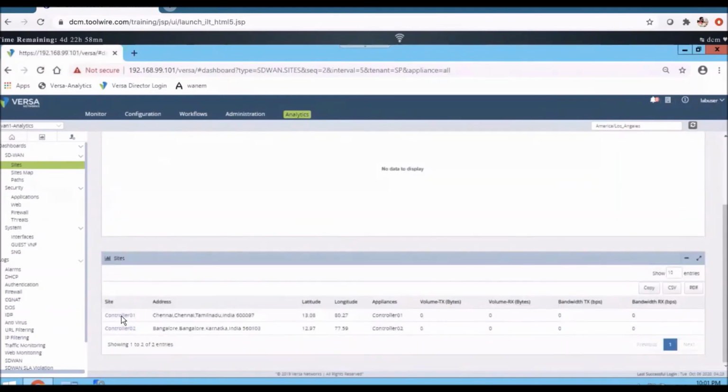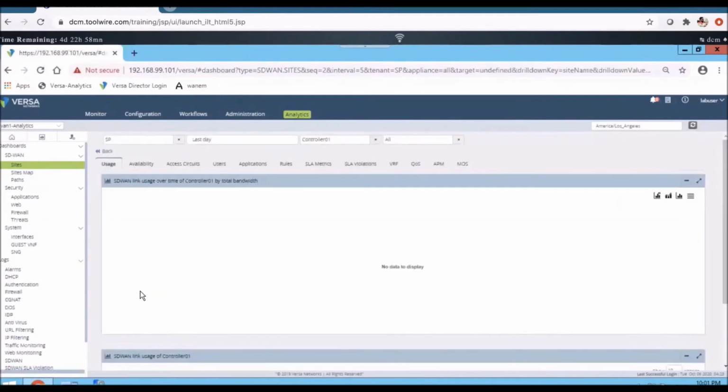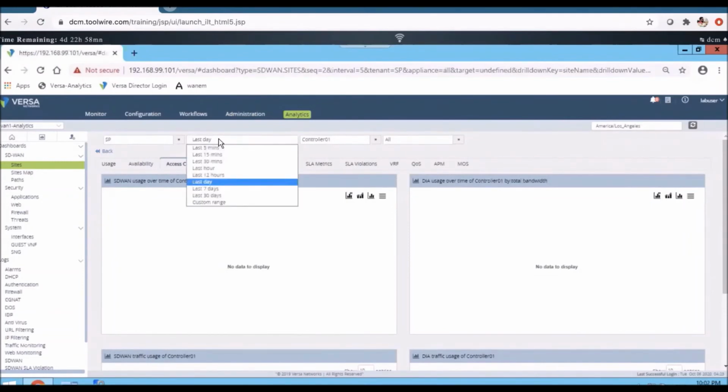For example, I click on one of them, controller 01, and it provides the circuit utilization. I can click on this access circuit and see the last 1 week, last 1 month. Here you can filter the outputs.